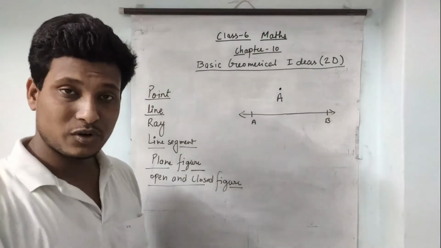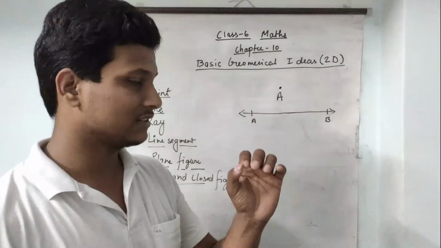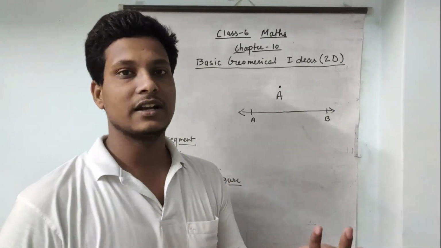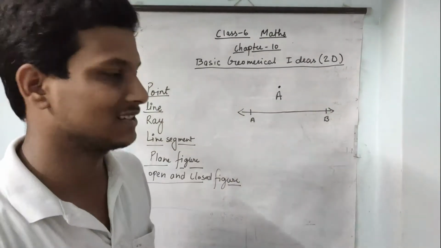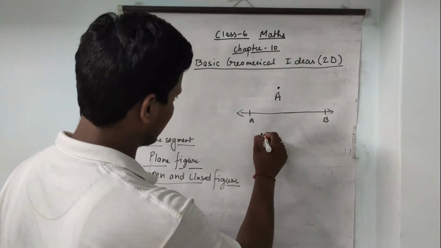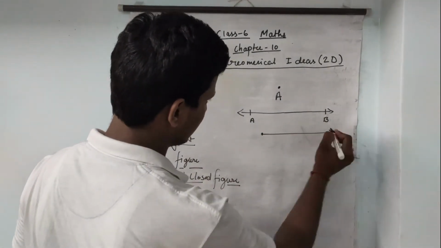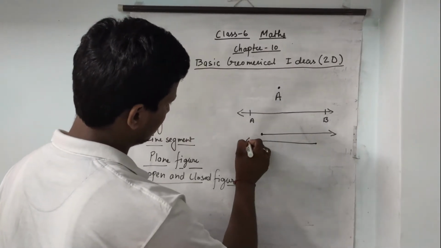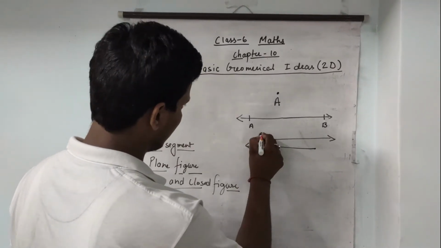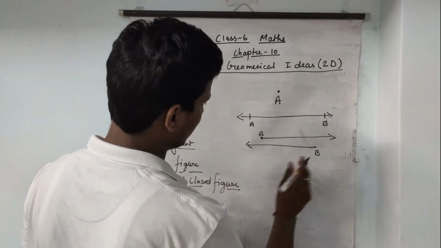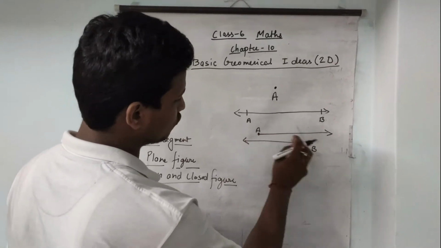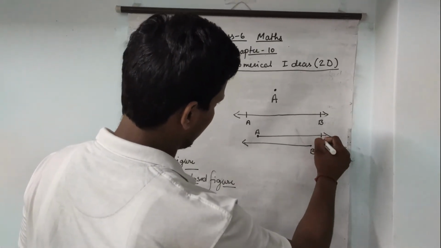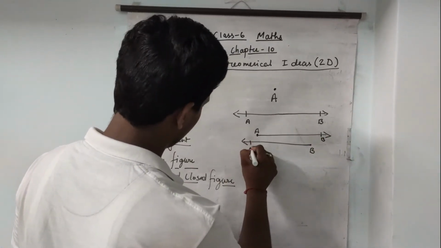Okay, another point is a ray. Ray has one starting point and it can be extended in one direction endlessly, like that. It is a starting point of ray, and either we can extend this side, or the other way, this side. Okay, so we can name that A, and this is B. So this is the starting point. These two are the starting points of the ray, and this is ray AB and this is ray BC.